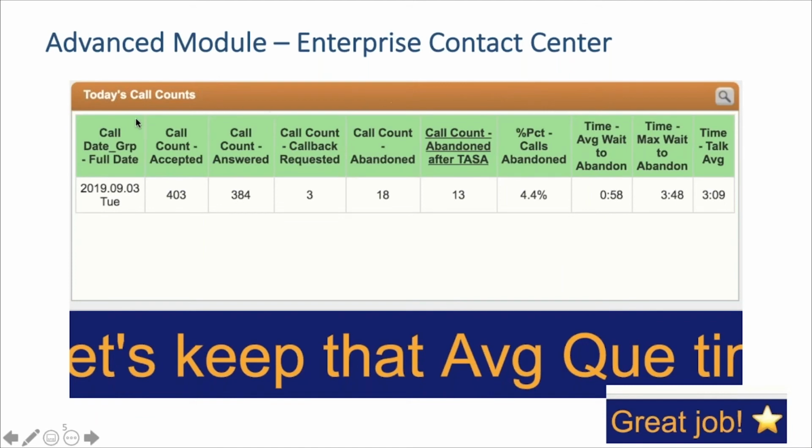So for example, I have today's call counts, right? Today's date, how many have been accepted, how many have been answered, what's my callback request. A callback is an IVR feature that allows you, if you don't want to wait in line, to request a callback, so it shows how many times that has happened, how many calls have been abandoned, and the percentage of calls abandoned. And so, right, if I know that my target is to maintain below a 6 or 7% call abandon rate, then I can see very quickly that I'm meeting my target service levels,